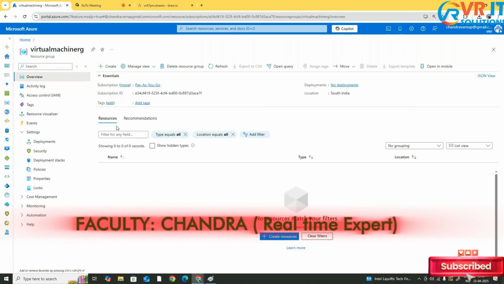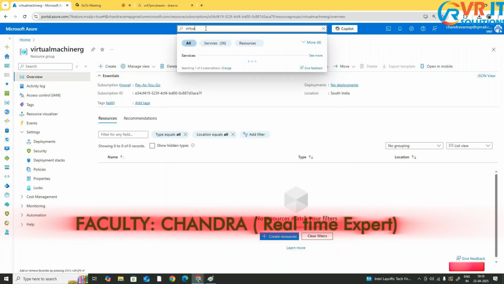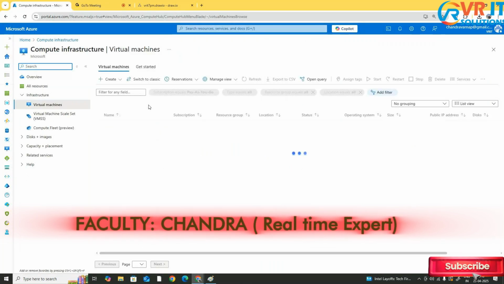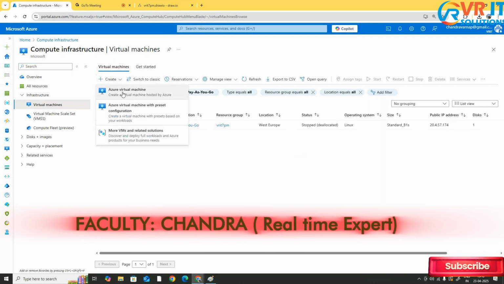So the virtual machine resource group got created. Now I will create the virtual machine. So create a virtual machine,